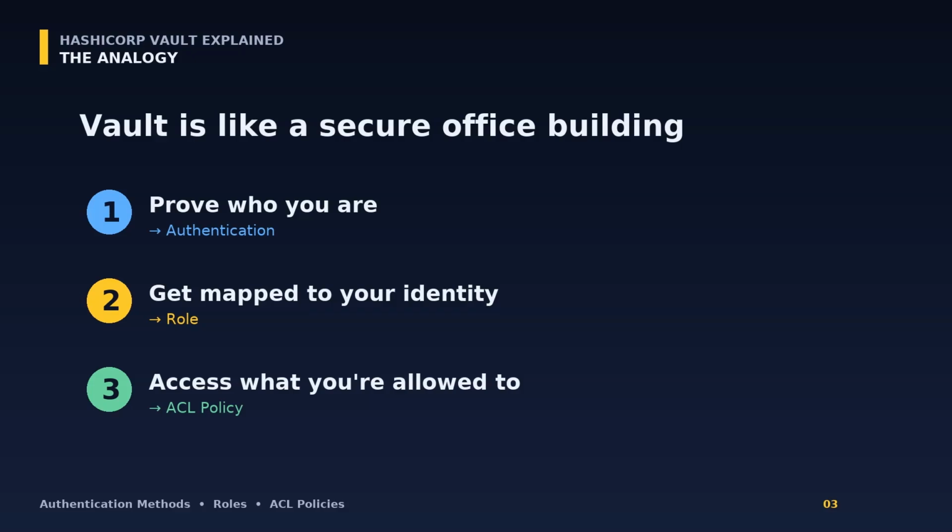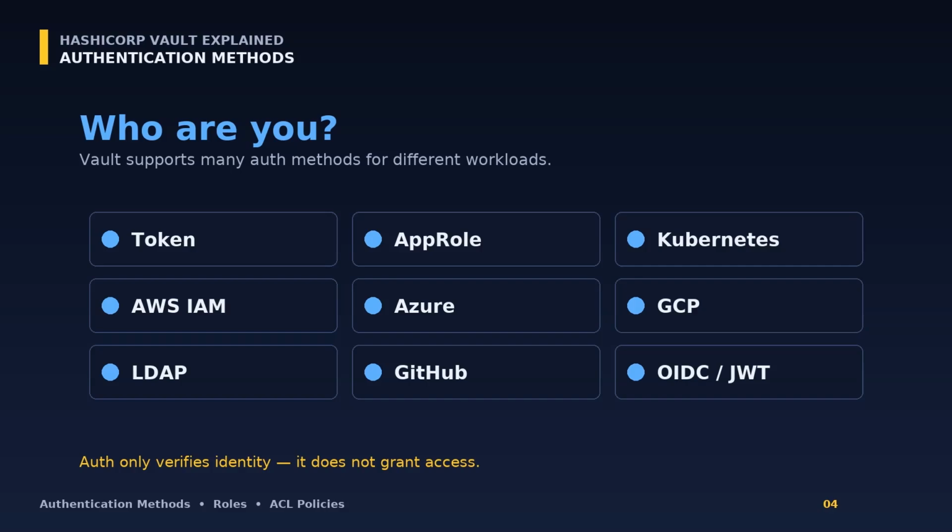Authentication answers one simple question: who are you? Vault supports many authentication methods because different applications authenticate differently. Some common authentication methods include token authentication, AppRole, Kubernetes authentication, AWS IAM authentication, Azure authentication, GCP authentication, LDAP, GitHub,